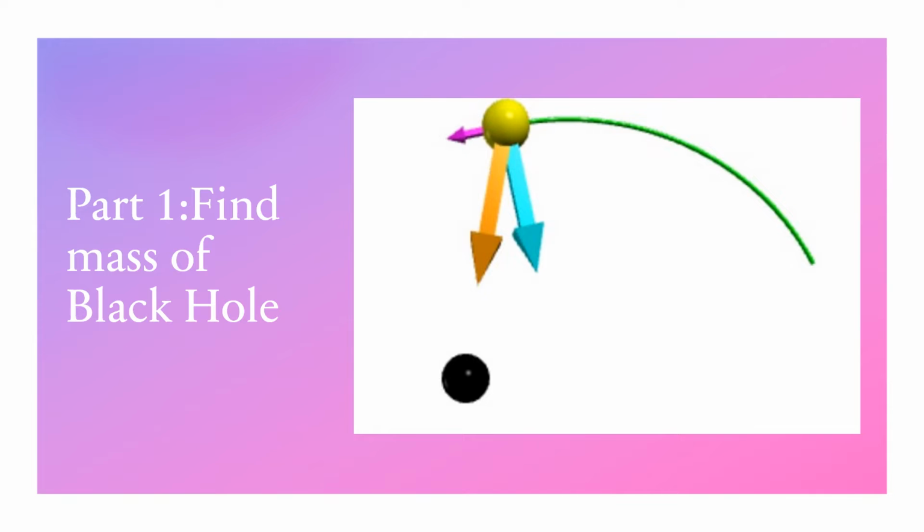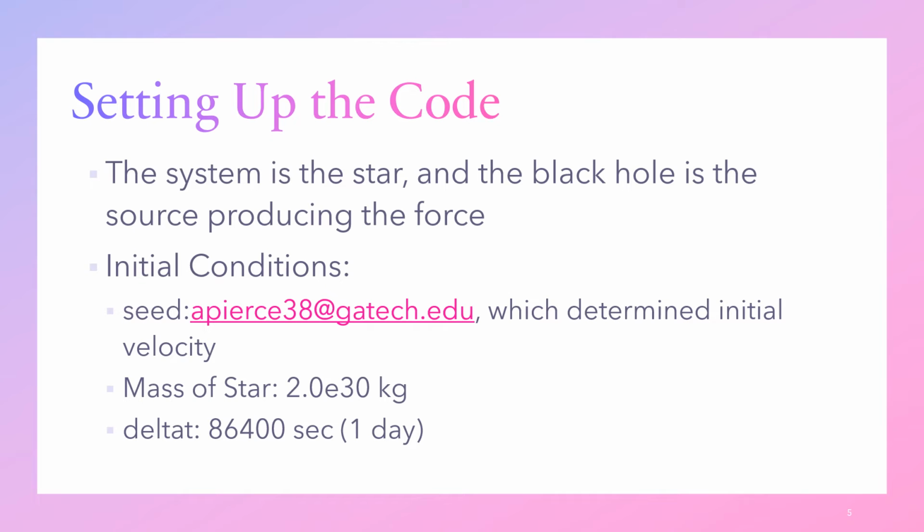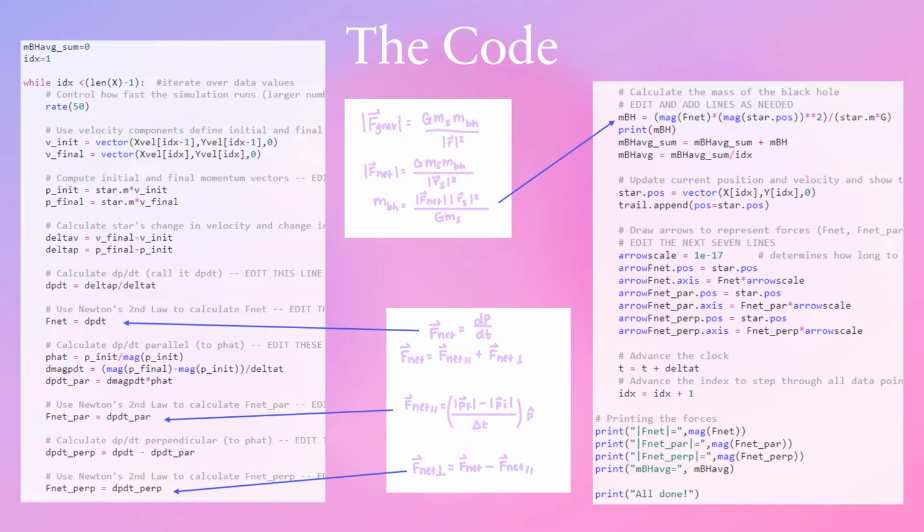Let's start with part 1. The system is the star and the black hole is the source producing the force. The initial conditions are as follows. The seed of my email is used to determine the initial velocity. Here's the code I used for part 1. The initial and final velocities were generated from the seed email, and I used those values to calculate the initial